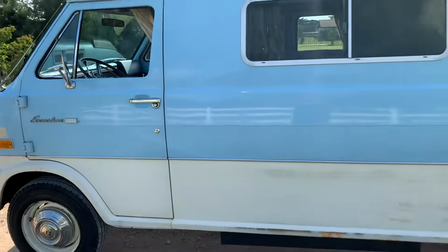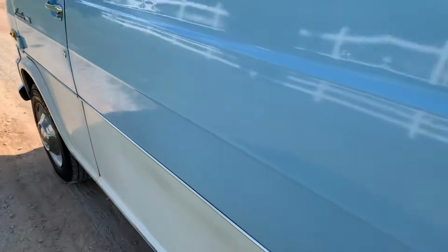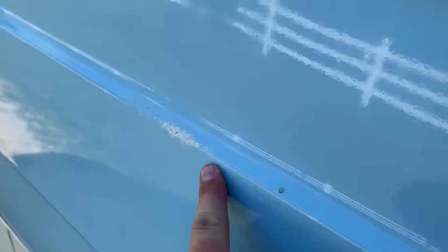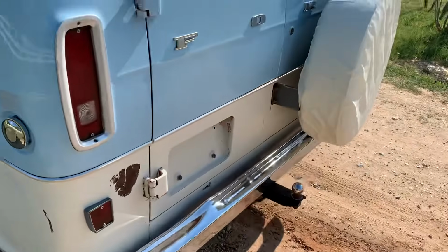As you can see here, this is all original paint. If I get up close to it, you can just kind of see over time where it's kind of going through. Most of that is on the white. The blue's actually a little better because my thought would be they obviously painted over the white with the blue, as you can see where it wears down a little bit here. The windows are sliding, both top and bottom. Fuel there, tow hitch,